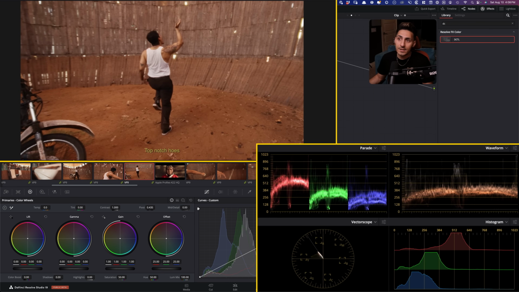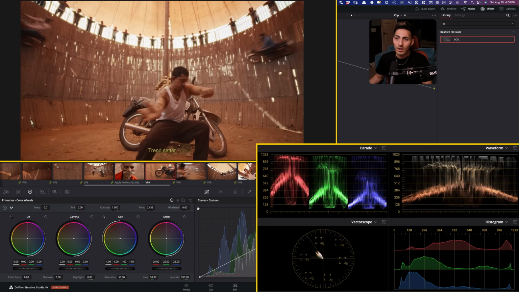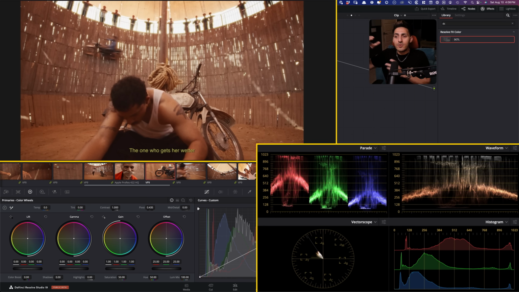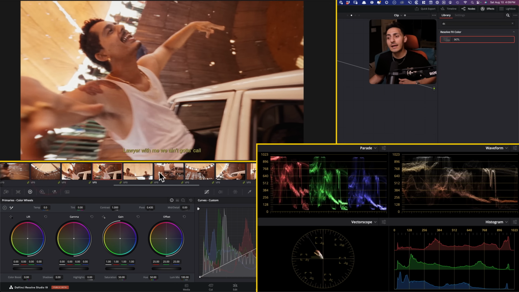And another thing that I noticed was that there was color compression going on. If I just go through these shots and show you all of these, they all come together. If you look at this entire thing, it's not like every hue is sitting in its own world. And we can see the vector scope tell us that everything is condensed and squished in one quadrant. So that is very, very important information for creating a look like that,